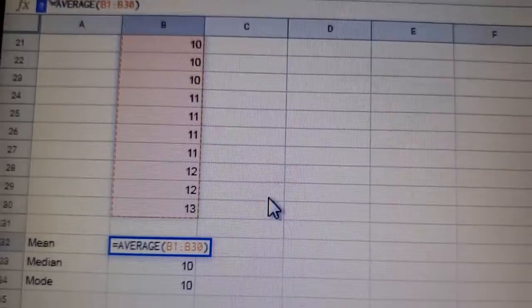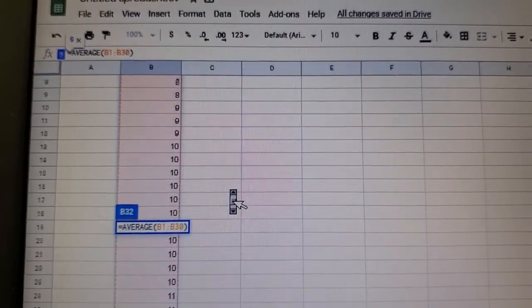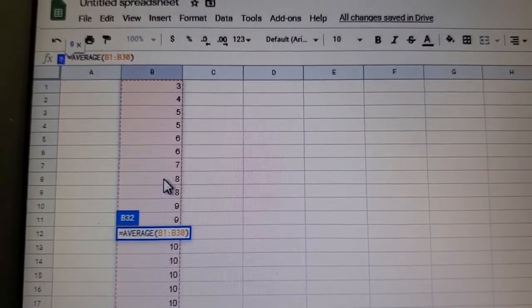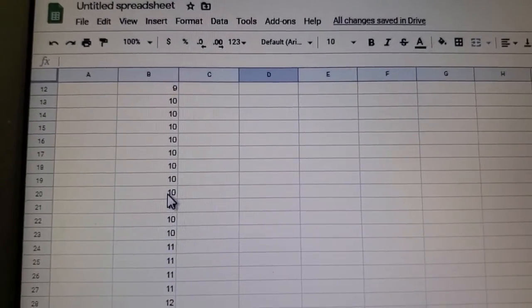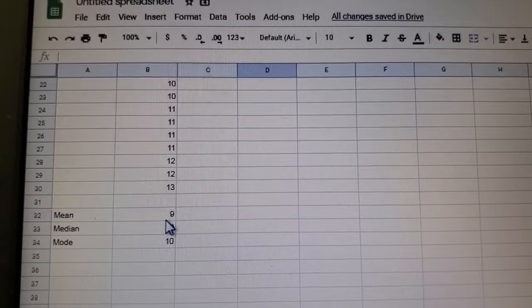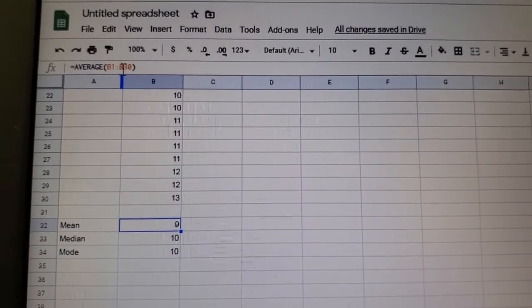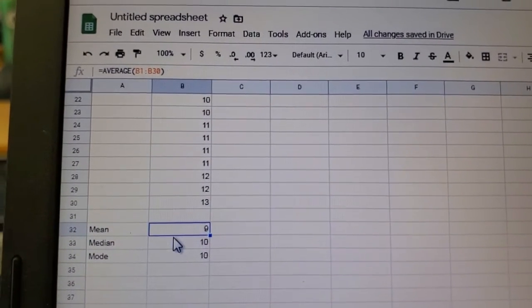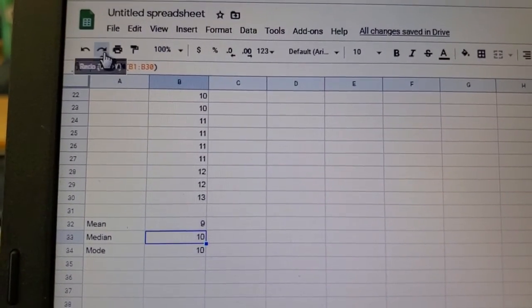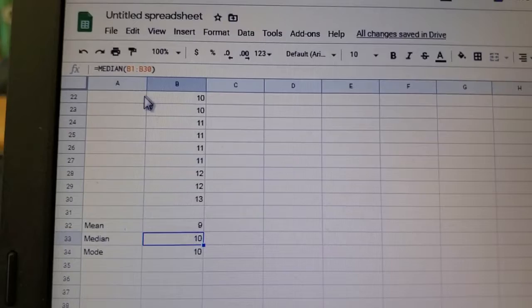So if I click on it, you notice which ones are highlighted in orange? It's all of those cells from B1 all the way to B30. It's going to make the average of all that. And so in this cell, it's going to be the average of all those things, and it's going to be the mean average. Next, the median, all I had to do was go equals median, spell median, and select those